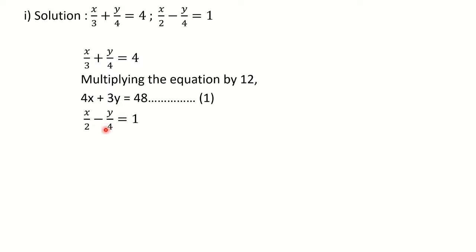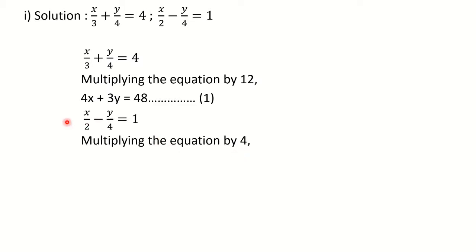If you cross multiply, then you will get 8 here. Instead you can multiply only this first term by 2, and then you can add. You know that for adding we should have the equal denominator. So either go for that, or as I have said, multiply the equation by the LCM of these two. So here the LCM is 4. So we will multiply the equation by 4, not by 8. Least common multiple, we have to think of the smallest number here. So we are multiplying by 4.